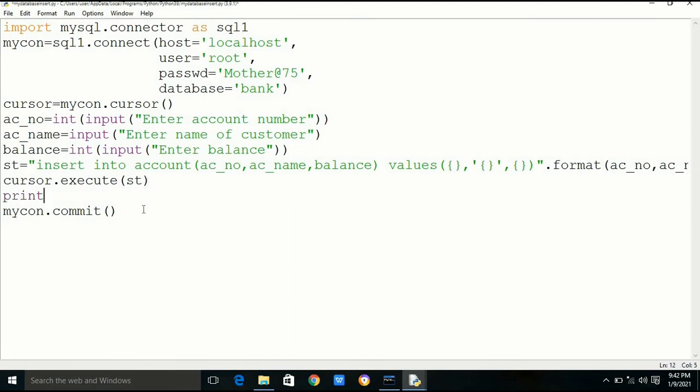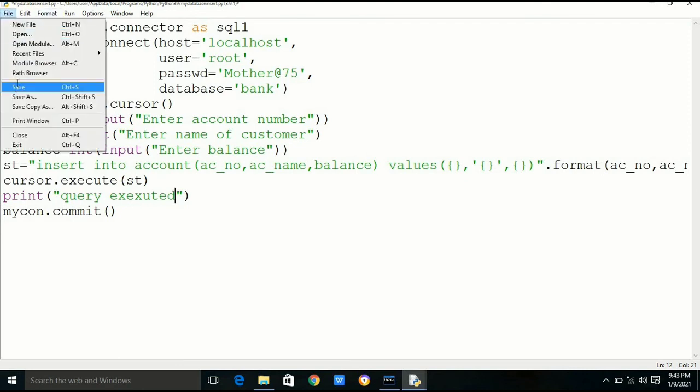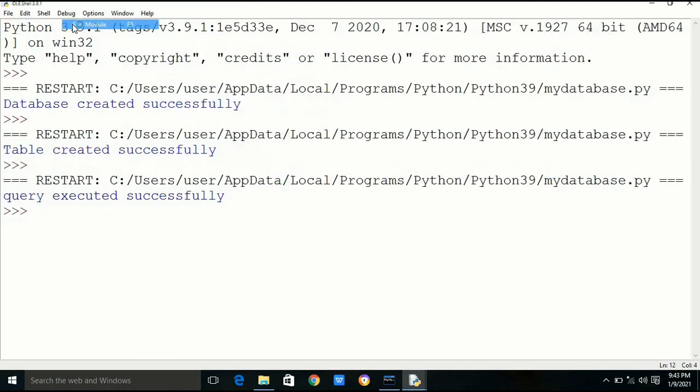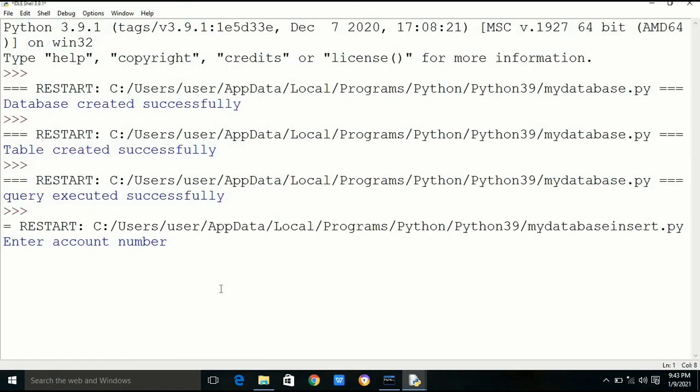As it is a parameterized query, it will ask from the user the account number, account name, and balance. We have to give the values, then the data will be stored in the table. In this case, the table is account.